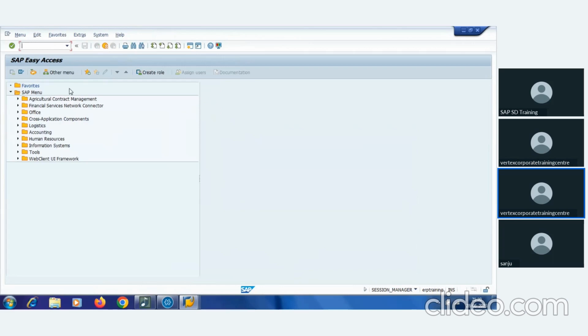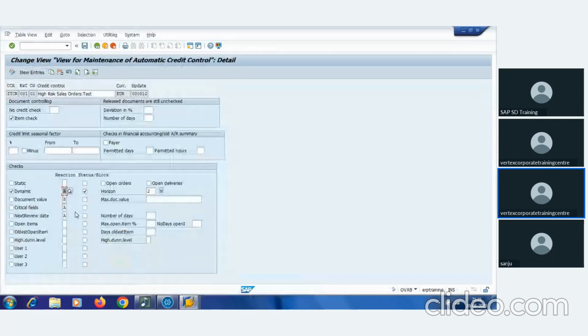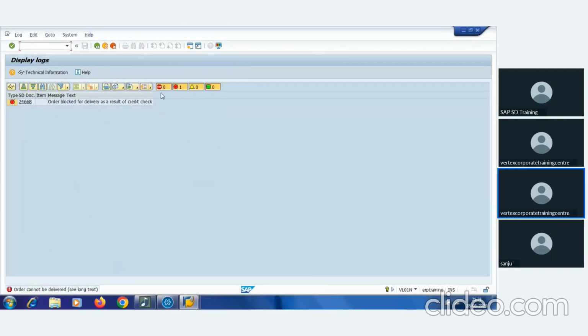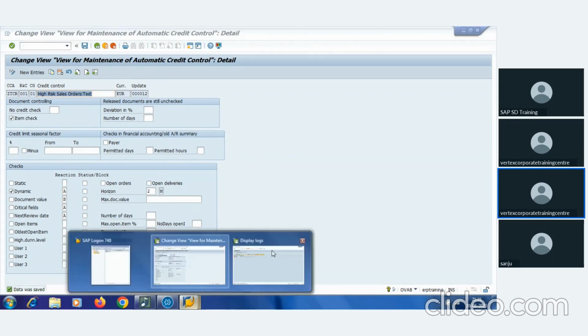Now, when I proceed with delivery creation, it gives me this error that the order is blocked for delivery as a result of credit check. Why is the order blocked for credit check? Because here in the dynamic check, the status or block check mark was maintained. So if I remove this and save it, then